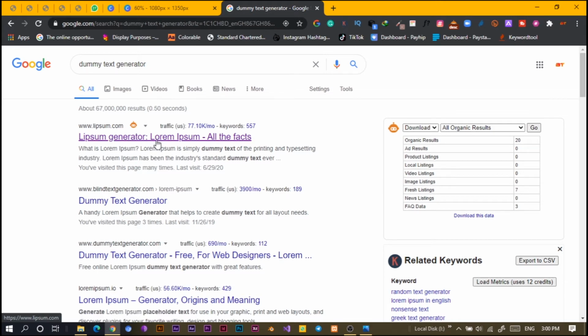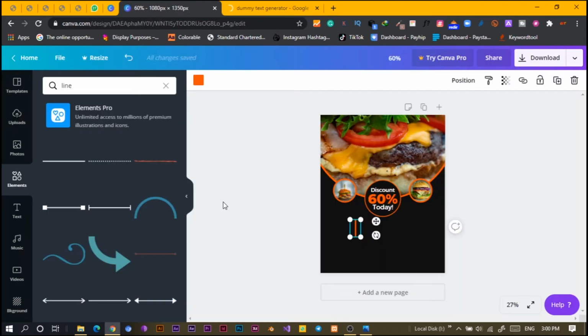the dummy text generator. So I think I've been using this, but it's not really the generator. So I'll come here. It's taking so much time. Okay, so I just want to add some text here also. I just bring my text here. So while I wait for the dummy text to load,